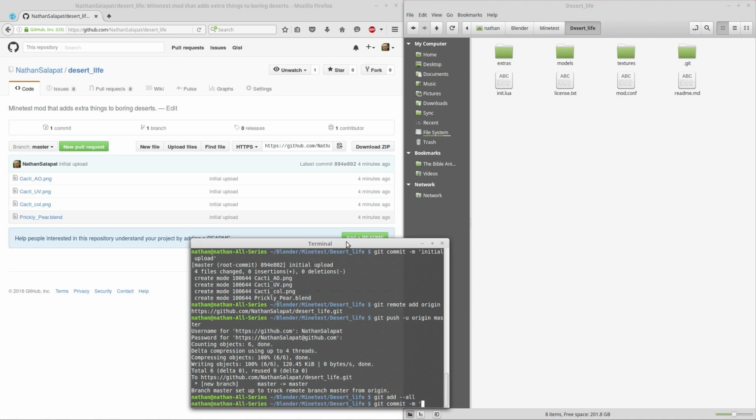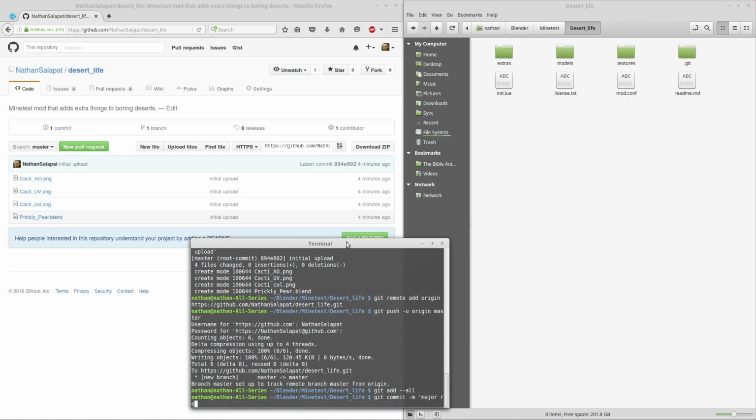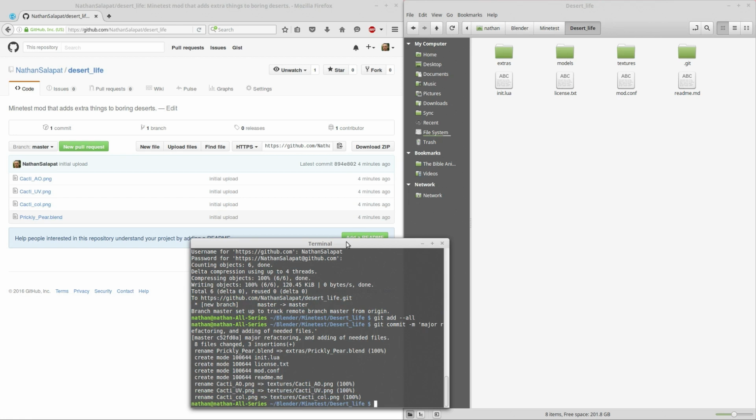We're just going to give a brief note so people looking at the history of this repository know what was happening. We'll just say major refactoring and adding of needed files. Okay, so now it says here we created, and this is like,